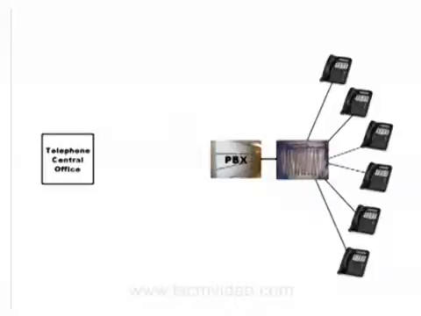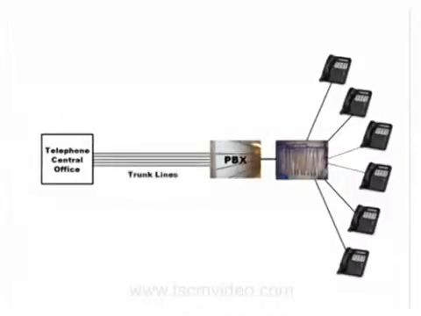Now, let me jump to the subject of how most PBX systems are connected to the phone company's central office. These telephone lines are frequently referred to as trunk lines. When you dial 9 to access an outside line, the PBX, which is actually a special type of computer, randomly connects you to one of these trunk lines. In other words, if the wiretapper taps one of the trunk lines, he'd be intercepting random conversations from various users